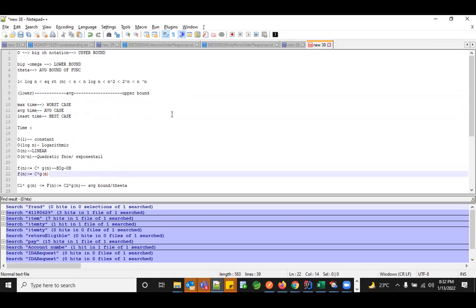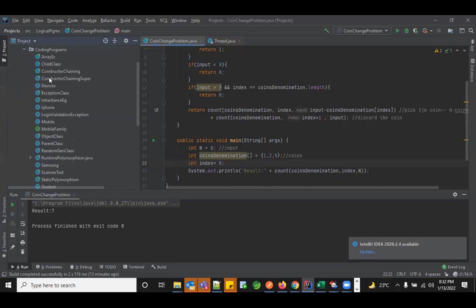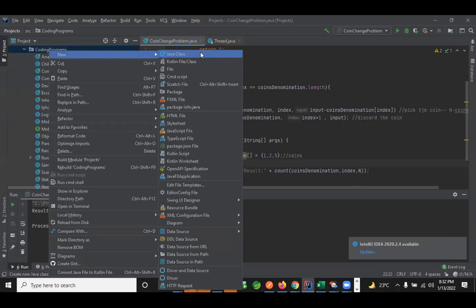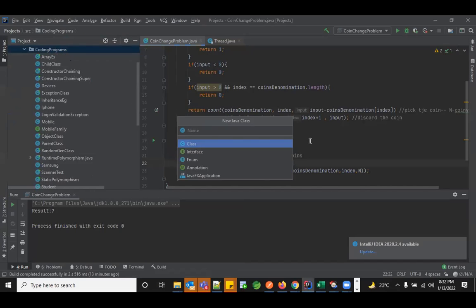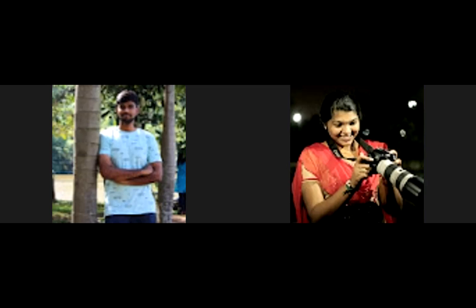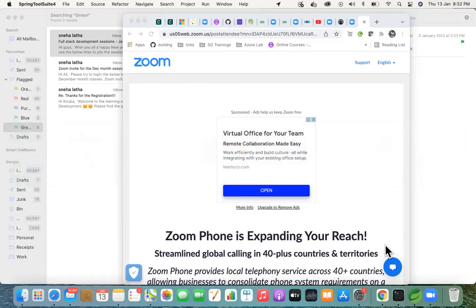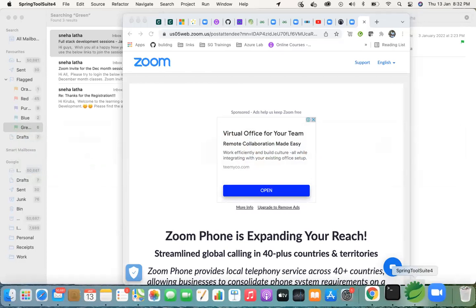Okay, so now let's try array versus array list in our way. Maybe you can share the screen so you might get an idea. Share my screen. Yeah, you can share this. Can you see it? Yeah, I'm able to.